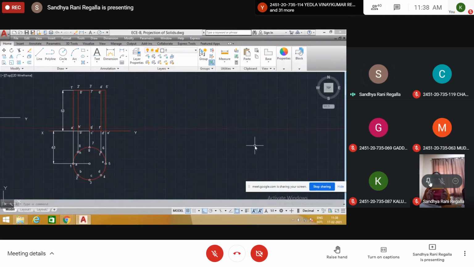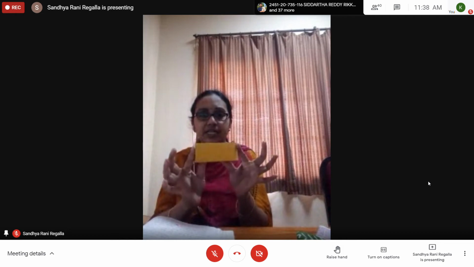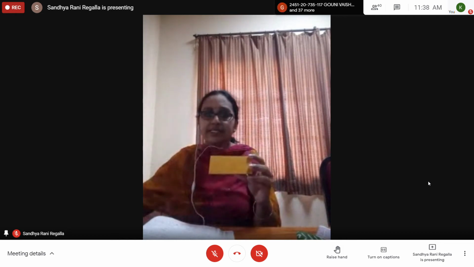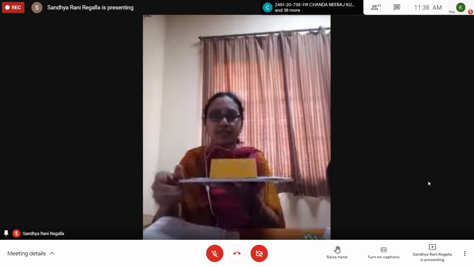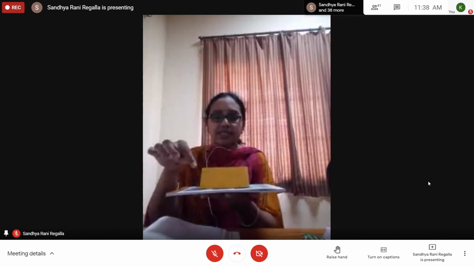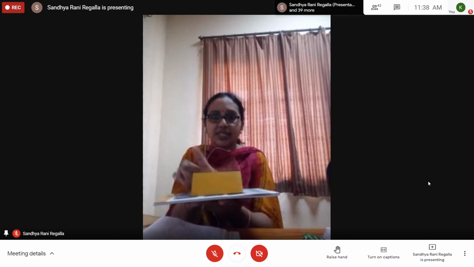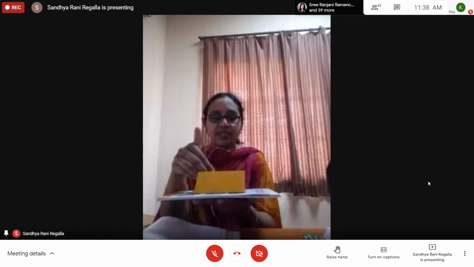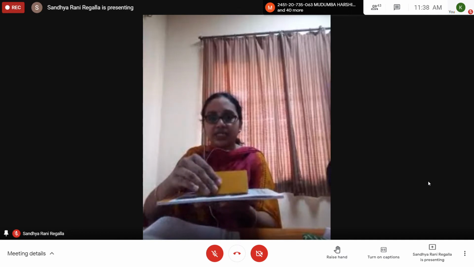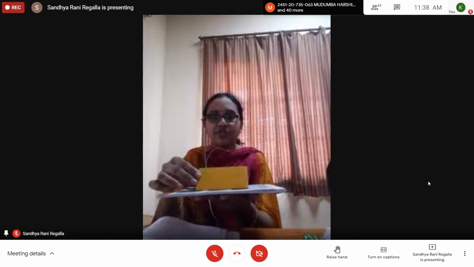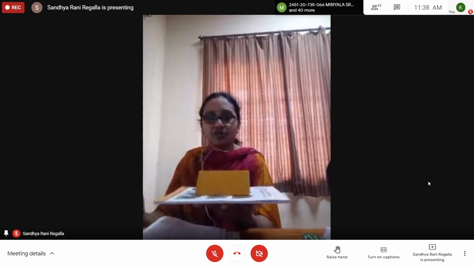See, this is a triangular prism. One triangle this side, one triangle this side. These two are joined with rectangles. Now, it is resting on HP with one of its rectangular faces. The axis means this end to this end: the center point of this triangle to the center point of this triangle is the axis. So this axis is parallel to VP, which means it is automatically parallel to HP also because it is resting in this sleeping position.